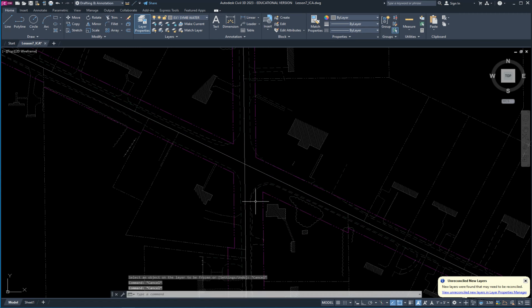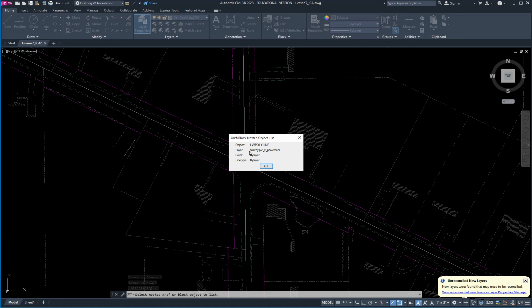The next thing we're going to do is we can also find out what layer things are on in the Xref. I want to control it better. I have a command called xlist. I like this a lot. I use this one a lot. And I'm like, well, what layer is this? And I can click on it, and it tells me it's in survey,